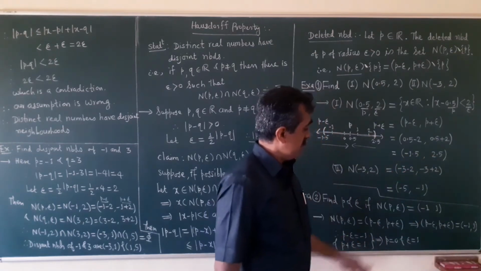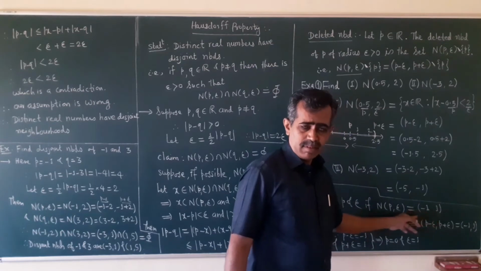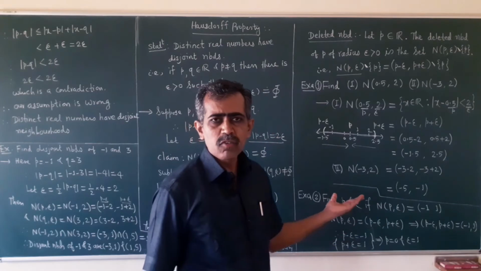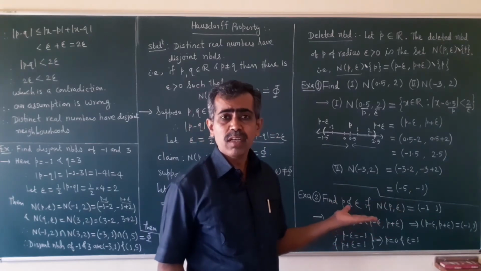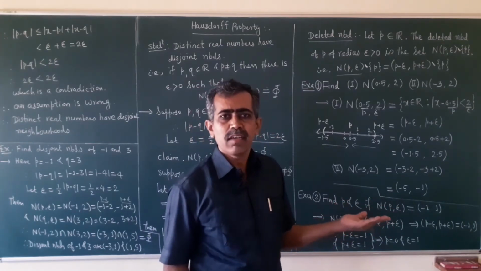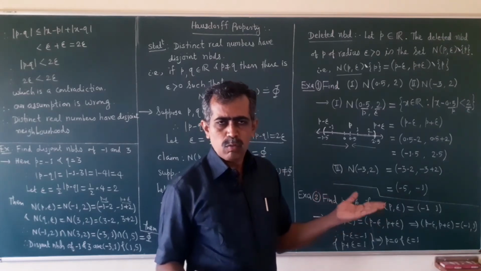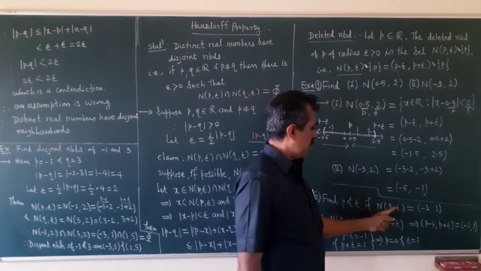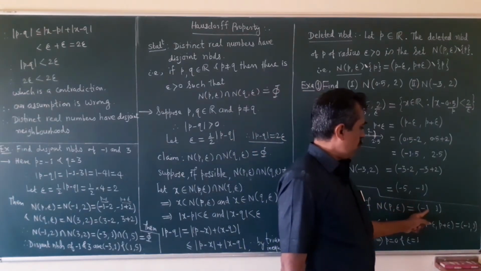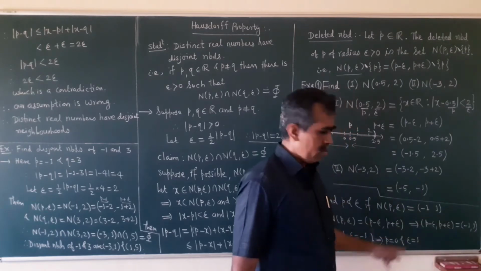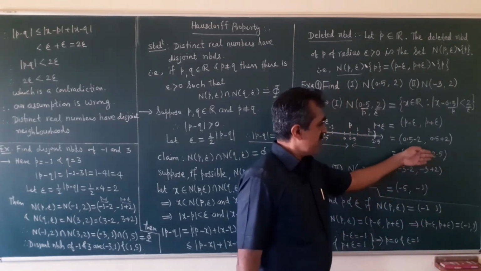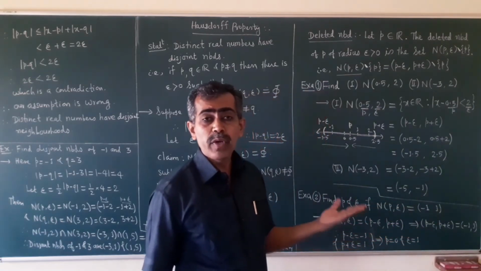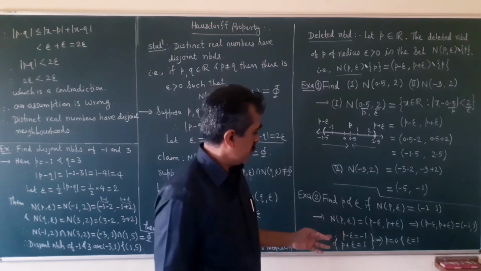Now if you are given some interval, then you have to find what is P and what is epsilon. Of which point is it a neighborhood, and of what radius? So suppose here you are given N(P, epsilon) as the open interval (-1, 1). You have to check this interval: it is the neighborhood of which point P and of what radius epsilon. So see how to find it.